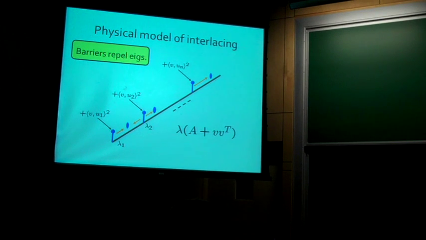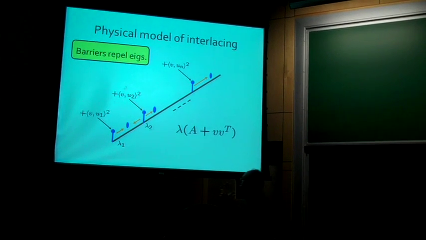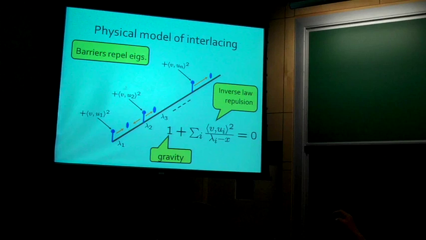So here was my picture to show you that every barrier repels every eigenvalue. If you think about it this way, when you charge the barriers, the eigenvalues will move up, depending on how much you hit them, but they can't move too far. Does the next barrier repel? Yes, the next barrier repels, as opposed to gravity. Gravity pulls it down, but you need the next barrier to repel, because you can always stick enough charge on it to overcome gravity. But you can't stick enough charge to overcome the barrier because it's an inverse law.